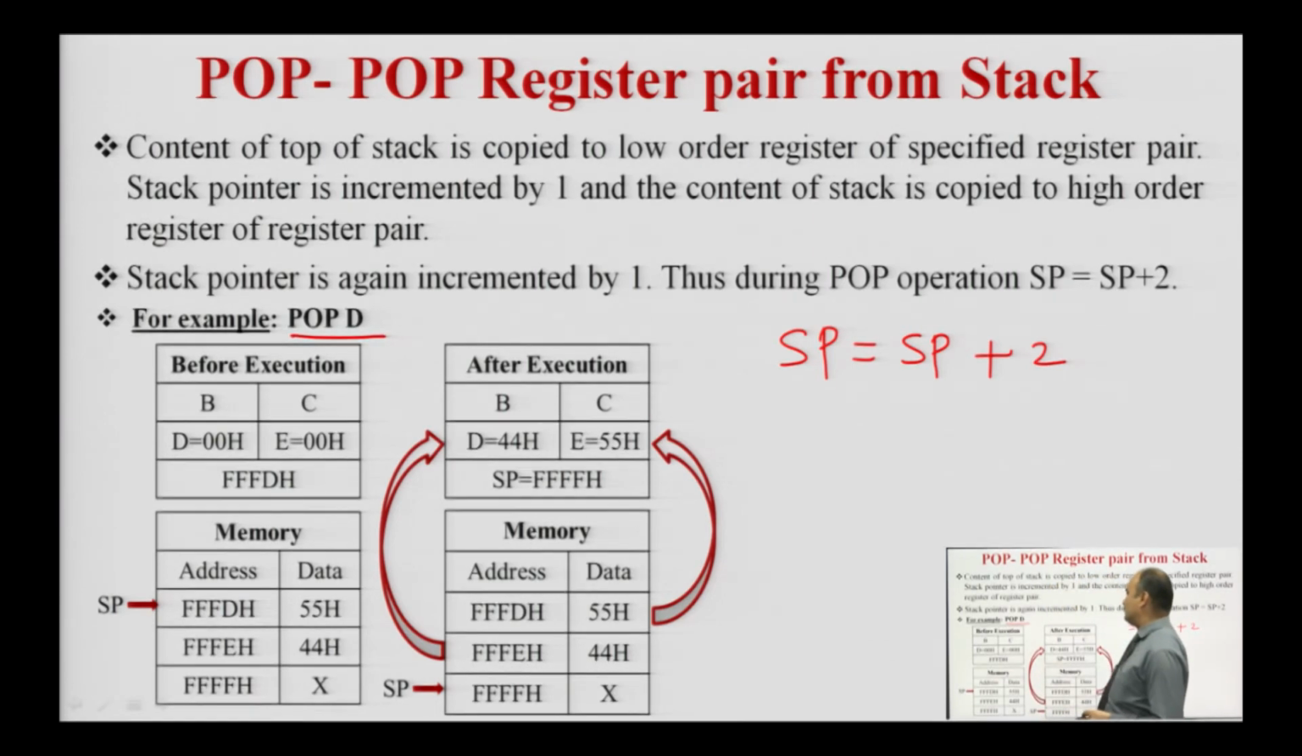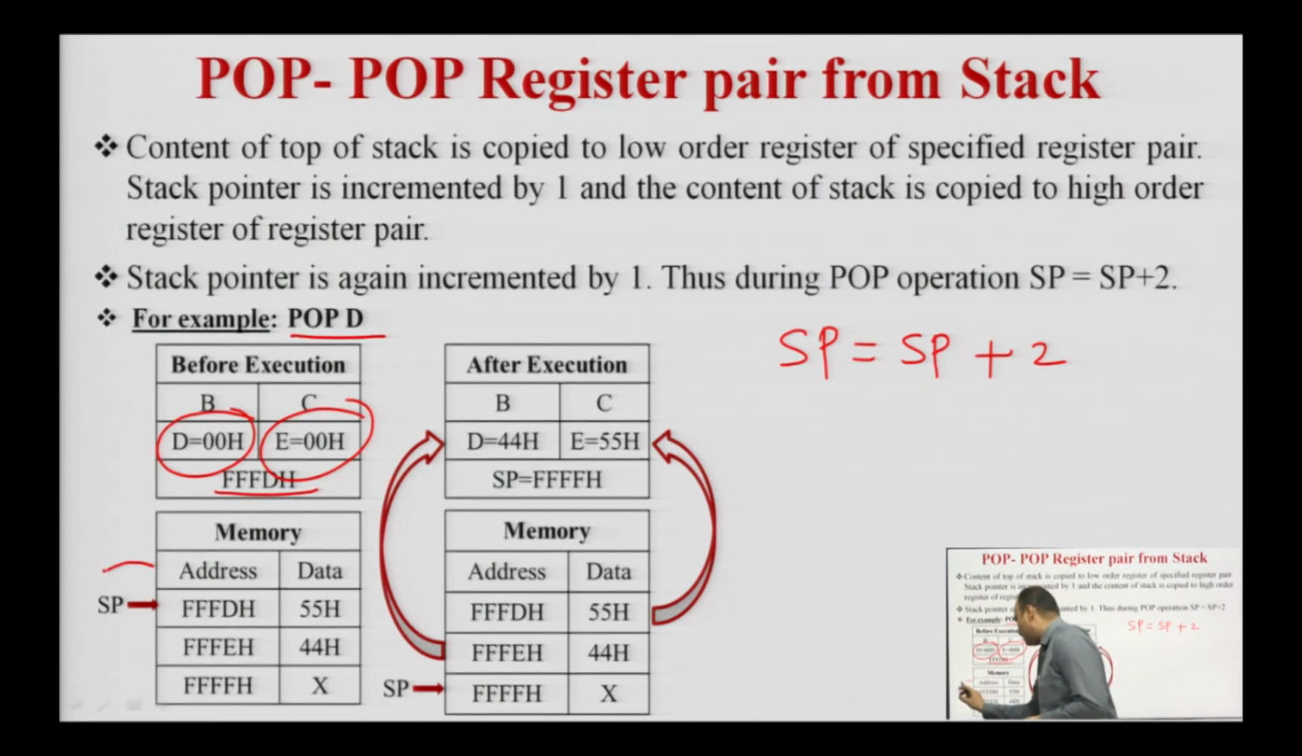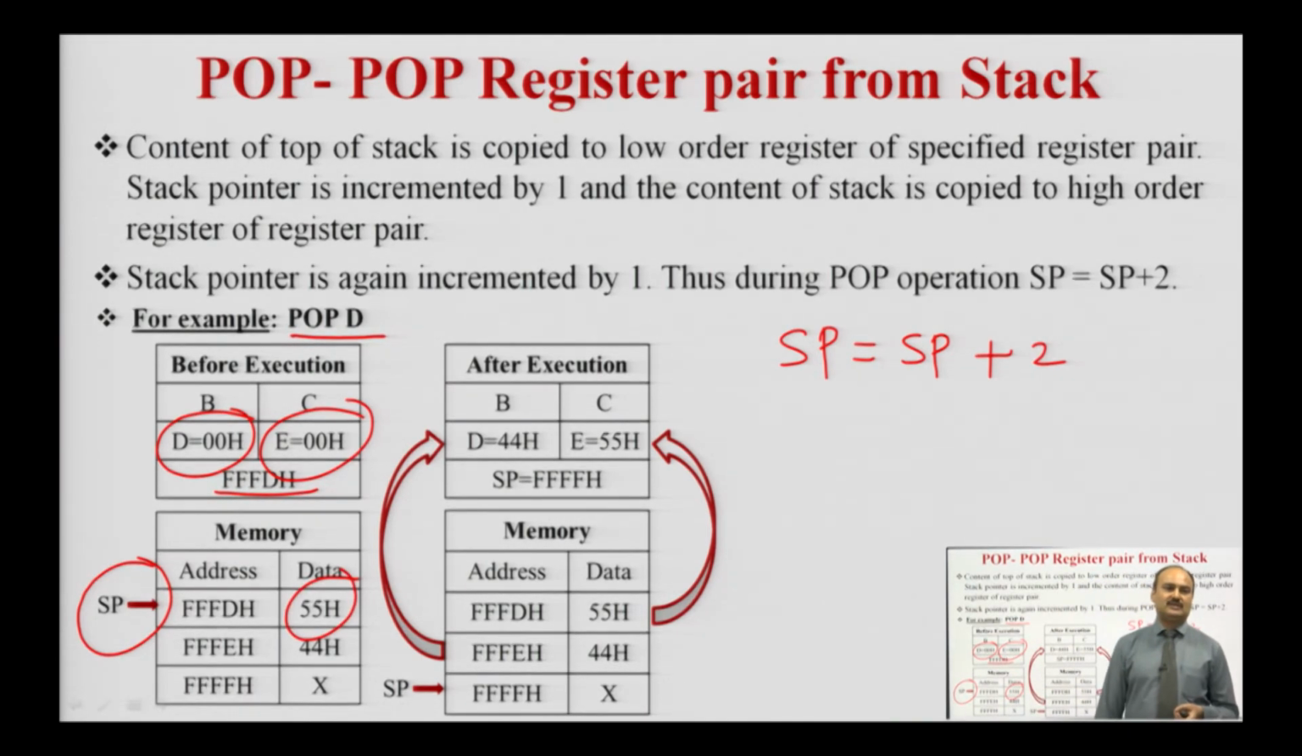Before the execution of this instruction, the content of the D register is 00H, the E register has the value 00H, and the content of the stack pointer is FFFDH. So, the stack pointer points to this particular memory location, which is called the stack top. SP = FFFDH. At this memory location, the data is 55H. Whenever the microprocessor executes this instruction, it will first pop the data from memory location FFFDH,